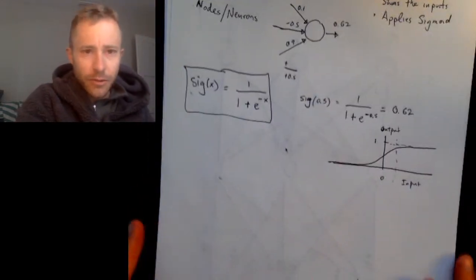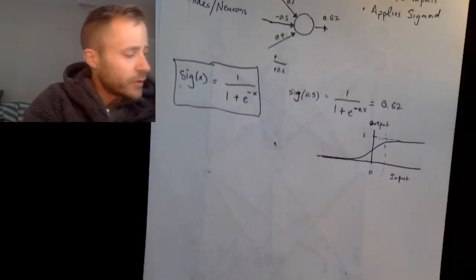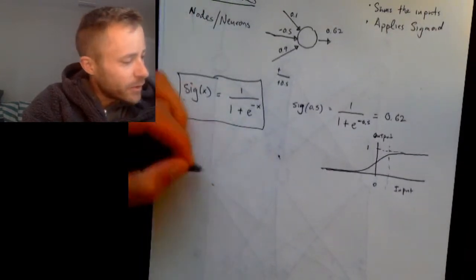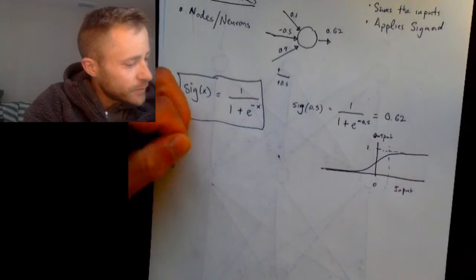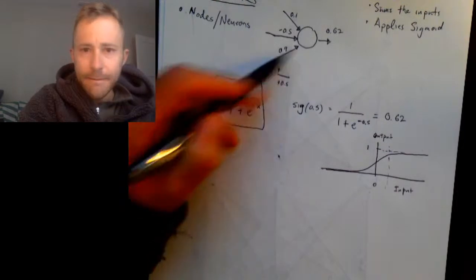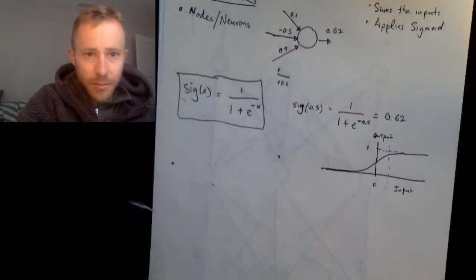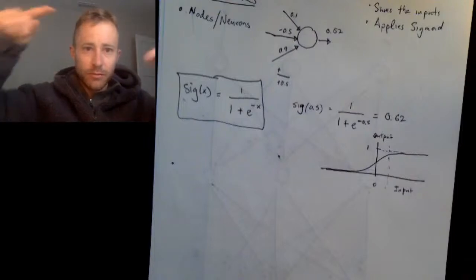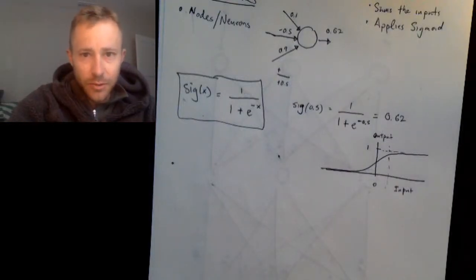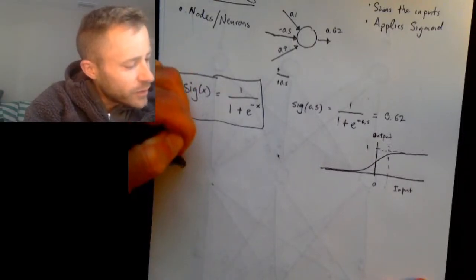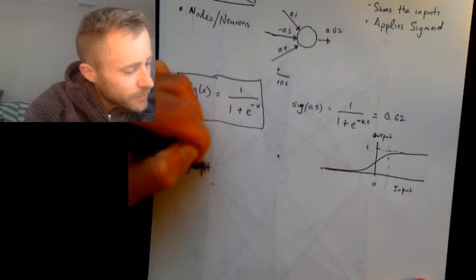So the other thing we have to talk about is what are called synaptic weights. These links are called synapses, all right? Just like actual neurons are connected through little filaments that are called synapses. And so we have these things called synaptic weights,